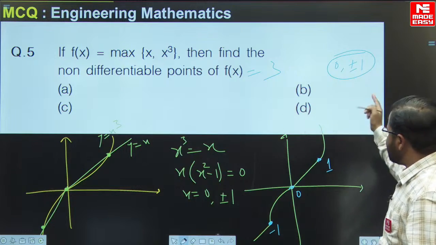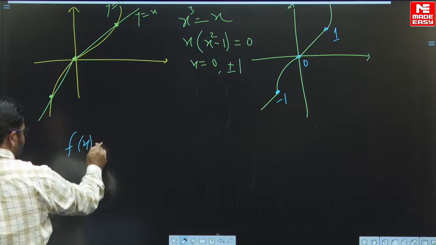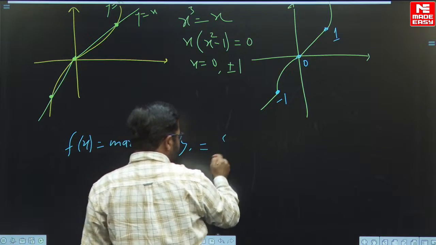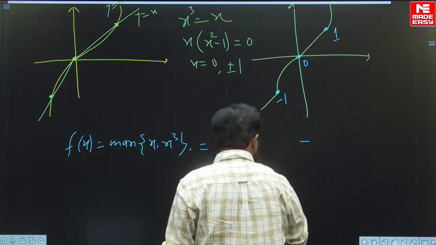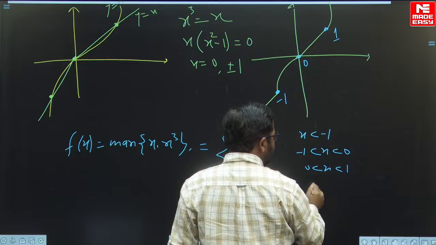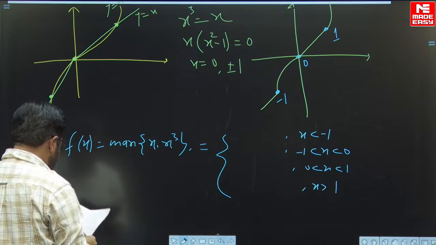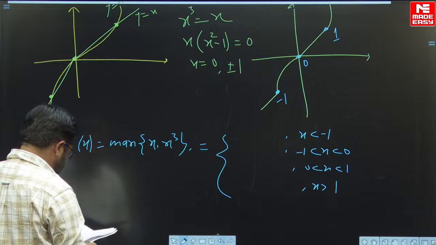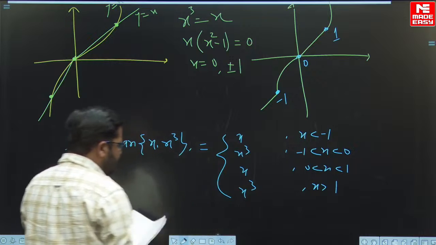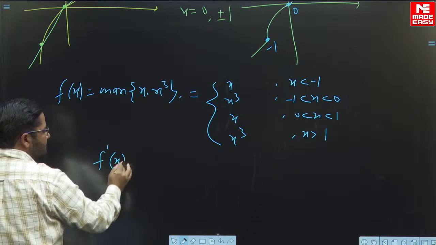अब जिस तरह का option होगा वैसा आपने answer दिया होगा। आप में से किसी को अगर graph नहीं आता था तो आप ऐसे कर सकते थे, देखो f(x) equals to कहा था ना maximum of x, x cube, तो आप इसको break कर सकते थे कैसे, x is less than -1, -1 to 0, 0 to 1, और x is greater than 1. इस पे देखते हैं -1 से कम के लिए, ये x और x cube, ये आपकी definition हो गई।